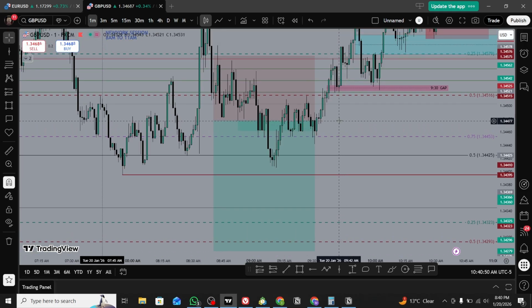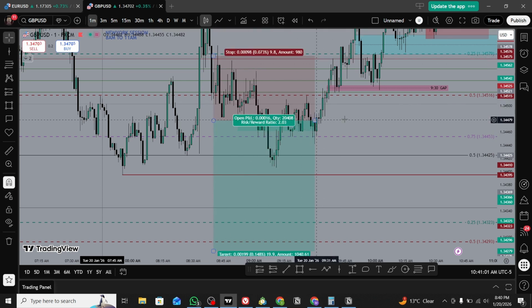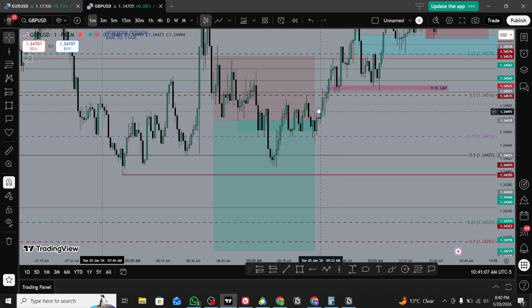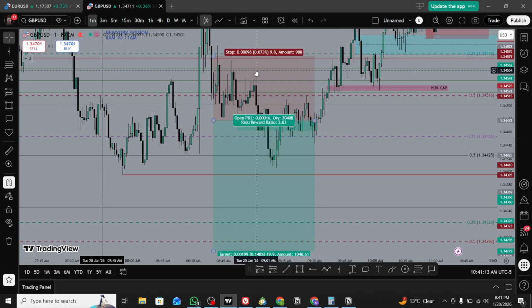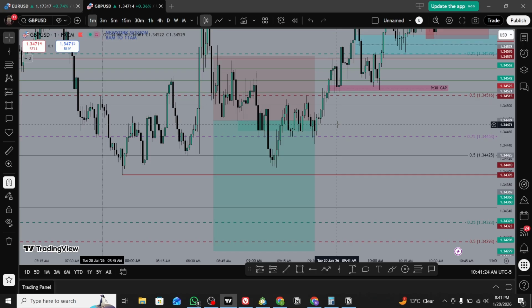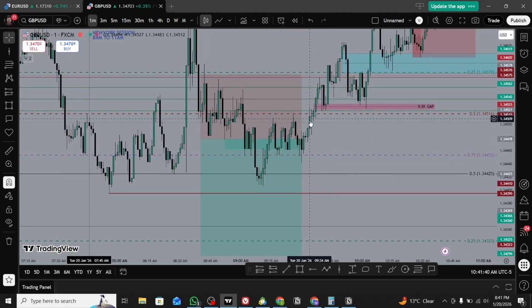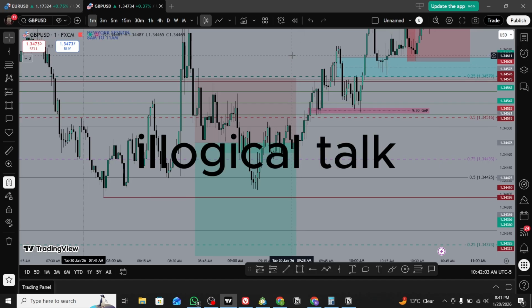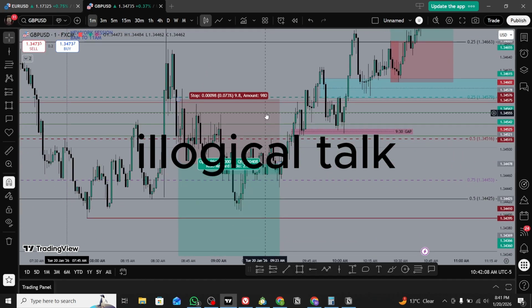But why didn't I set the stop loss here? Because my risk is so high, and I can't set the stop loss here. The logical stop loss should be here on this high. Why did I not set the stop loss here? Because my position is so high, and if I did set the stop loss here, it wouldn't be a logical stop loss. Why? Because even if we were going to go lower, we can trade in this lower half, and if I set the stop loss here, it would still be in drawdown, and that's why I didn't set the stop loss. And right now I don't know what to do with this,